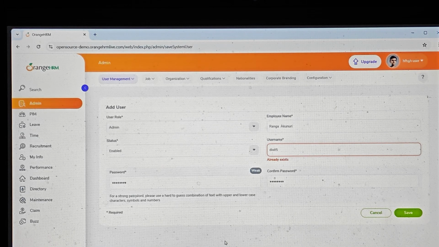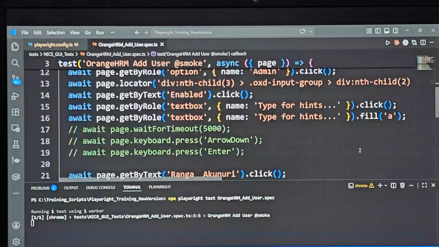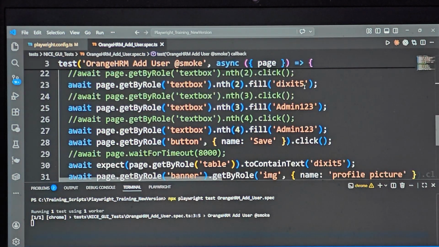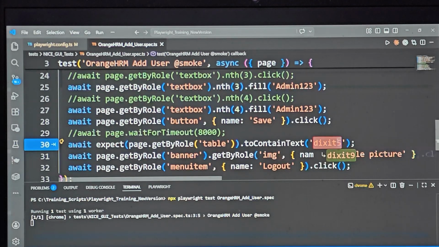Will you blame your application? The answer is no. My application has very predefined guidelines that any duplicate entry is not allowed. Means if you have a user already there, you can't do that. Right? So if I have to solve the problem, what is my next job? I'll go here, wherever I am using a user called Dikshit 5. I'll change it to Dikshit 9, something. And then go and